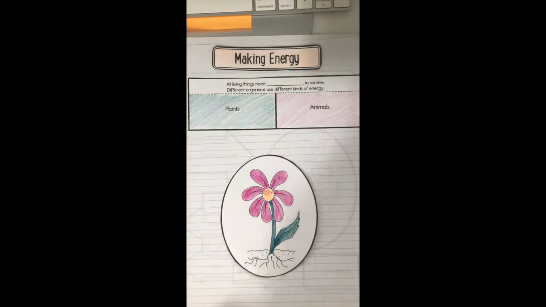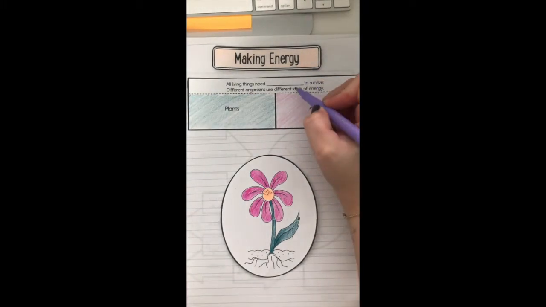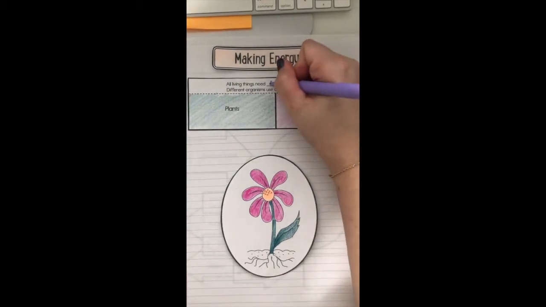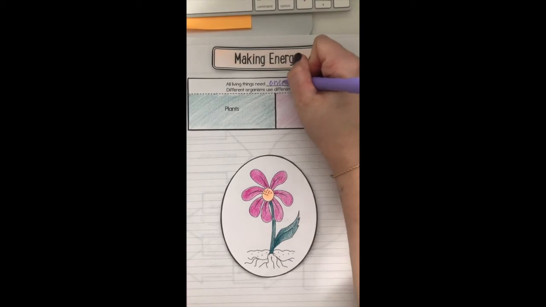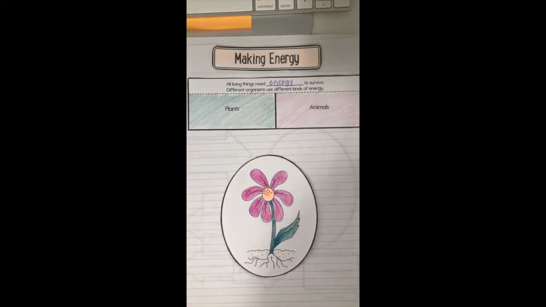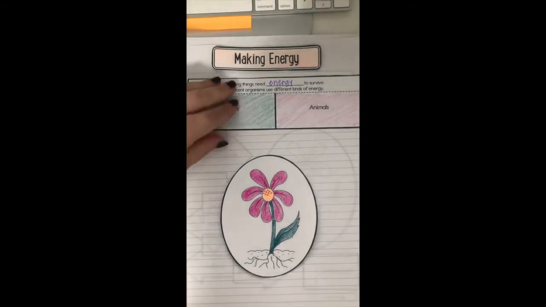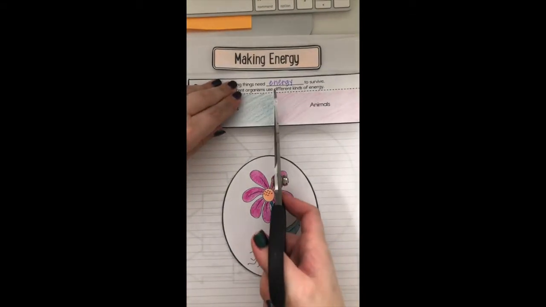Different organisms use different kinds of energy. So it is obvious that the word that is missing here is energy, as that is what we are talking about. So what you're going to do is cut this little tab,